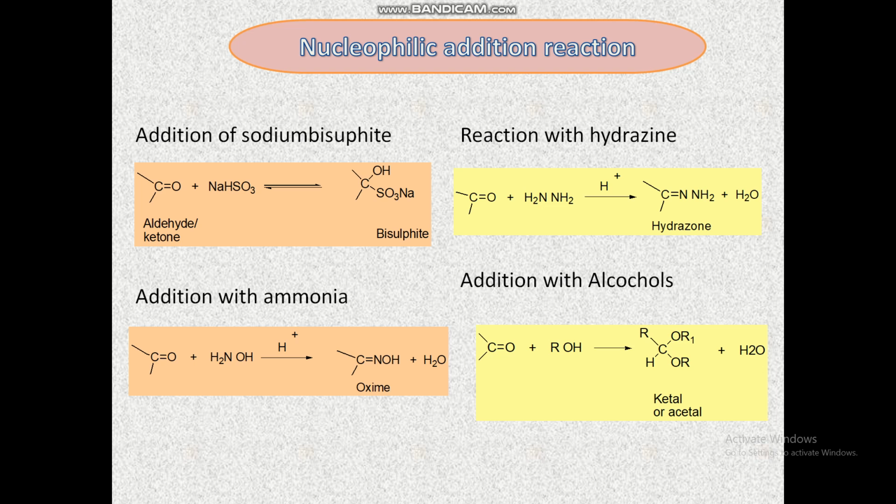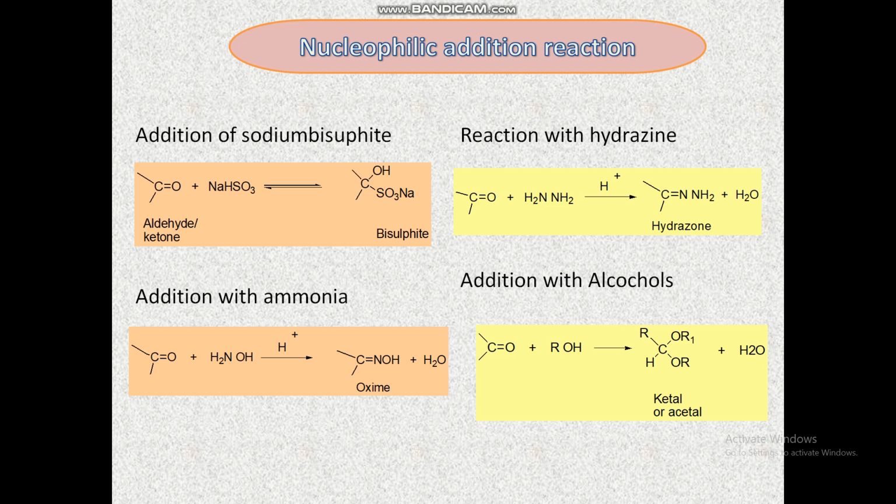So an aldehyde reacts with two molecules of alcohol. It is a reversible reaction. It will produce the acetal. Next, ketones react with two molecules of alcohol and produce the ketal. It is a reversible reaction, students. Regarding elimination of a water molecule: when reacting with an aldehyde, water is eliminated. When reacting with a ketone, water is not eliminated, only the ketal is produced.